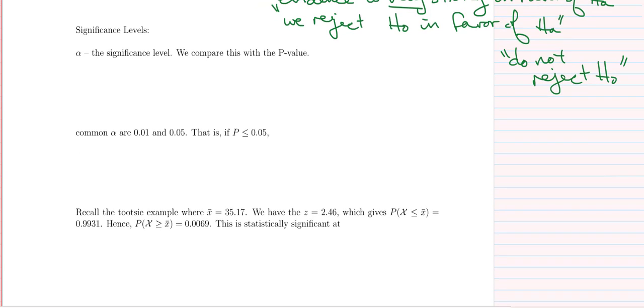All right, so now let's talk about significance levels, because this is really what you see all the time when you read papers that use statistics. Alpha is the symbol for significance level. And we compare this with our p-value. So if our p-value is less than alpha, then we claim our p-value is statistically significant